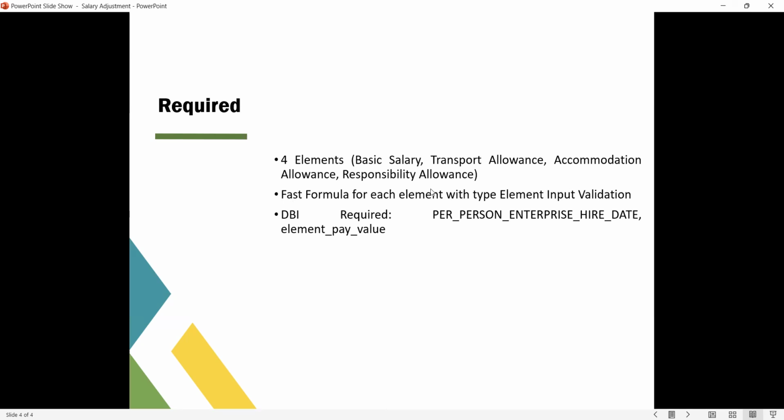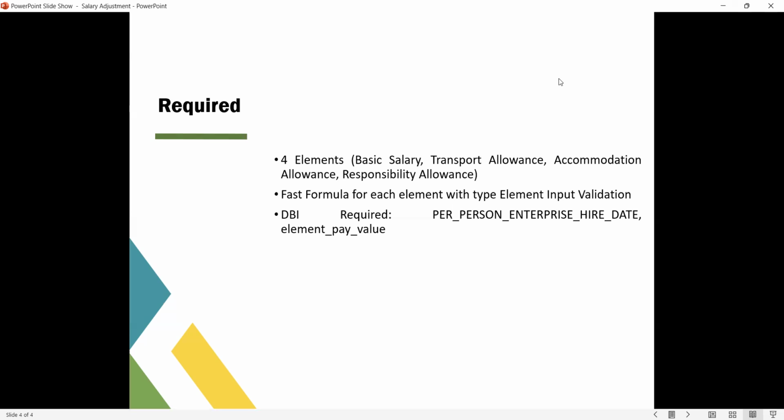For each element, we'll create the fast formula, which will be of type element input validation, and the DBIs which are required will be per person enterprise hire date, from where we'll fetch the hire date of an employee. The second thing is element P value. So let me